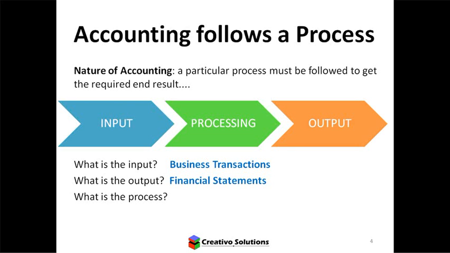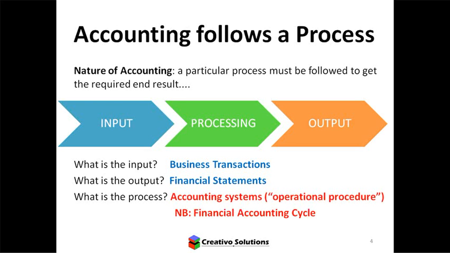What is the actual process then? Well, the process can be quite complicated in terms of all the different checks and balances that need to be done in order to get the end results. To summarize it, we're going to be looking at the financial cycle. We're going to be looking at it at a very broad level. We're not going to look at all the detail that's going to form part of the accounting system, but that forms part of a business's operations. So how does the business do certain things? What are the steps that need to be taken in order to get to the end result?